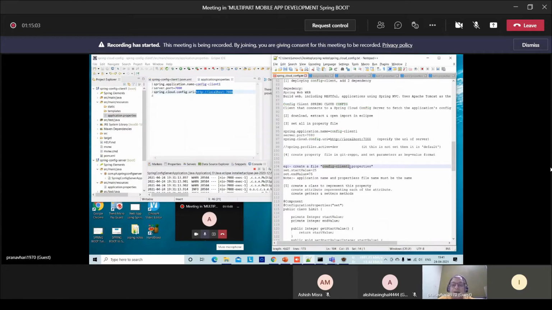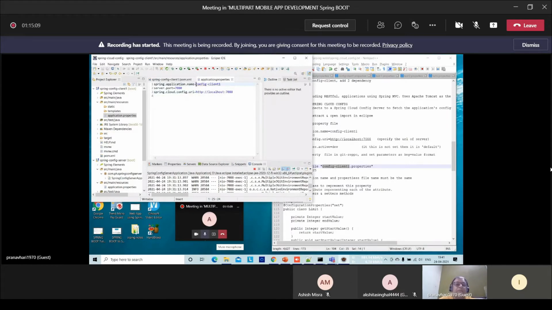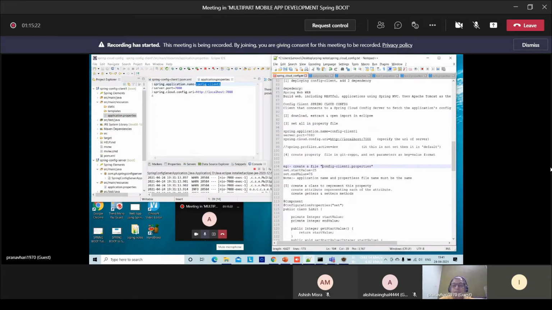The application file name. So now, what is the Spring application's name we have given for the client? Config client 1. And then the properties file name, application's name and property file name should be the same. Note down.